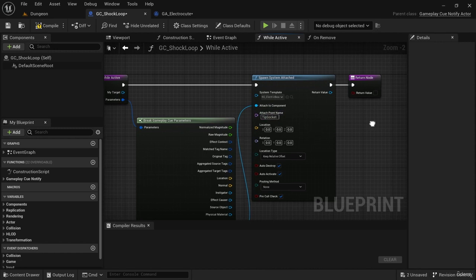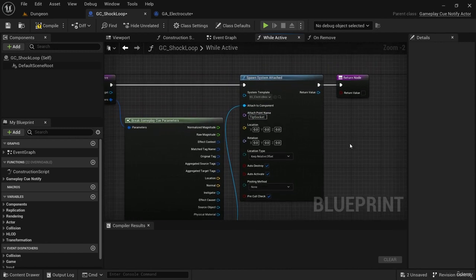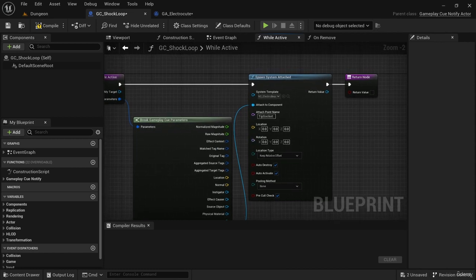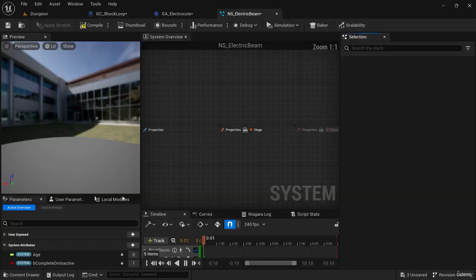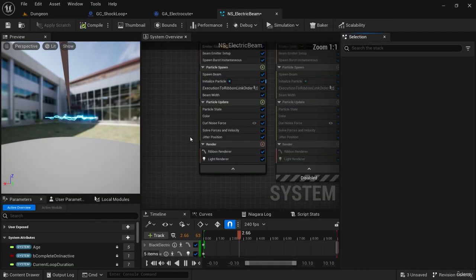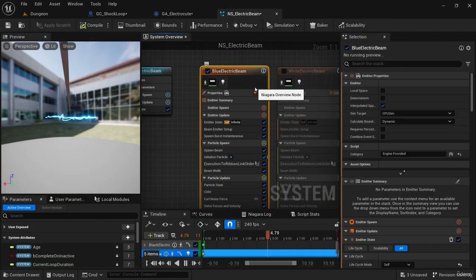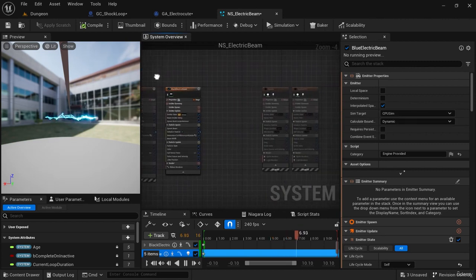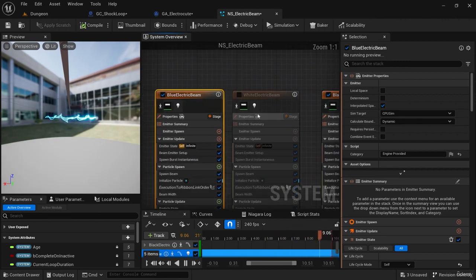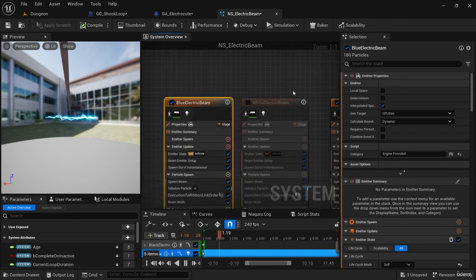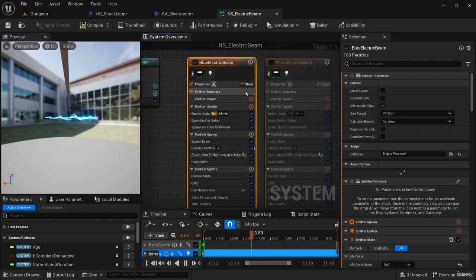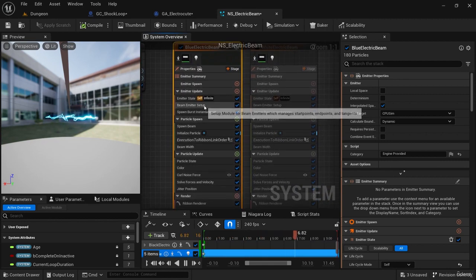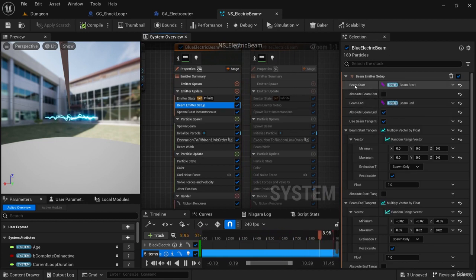Okay, so we've spawned a system, but what about the end of that beam? Because we're going to attach it to the tip socket, but the beam itself has an endpoint. And we can see that by browsing and opening the electric beam. If we go into this first emitter, and you'll see that there are other emitters that are not active, and there's two that are. If we go into blue electric beam and select beam emitter setup, notice there's this beam